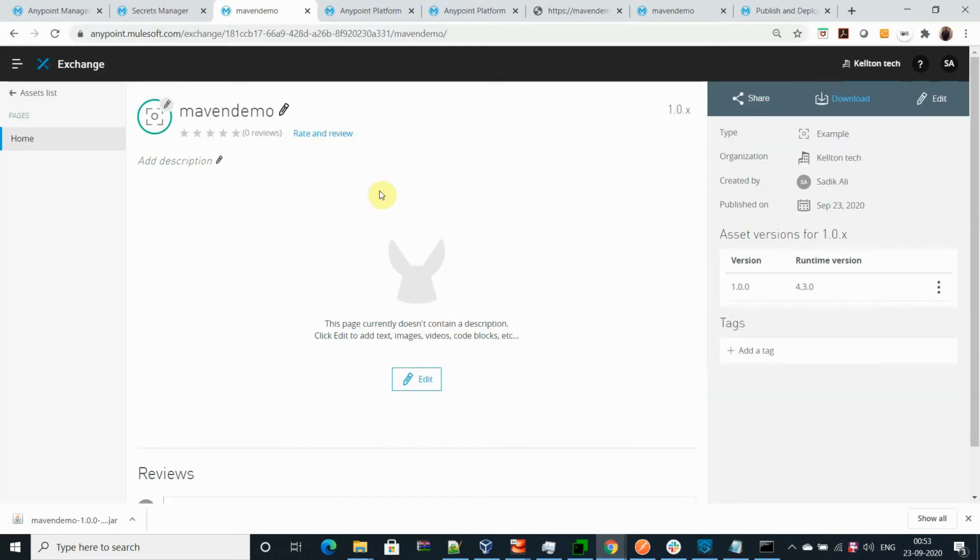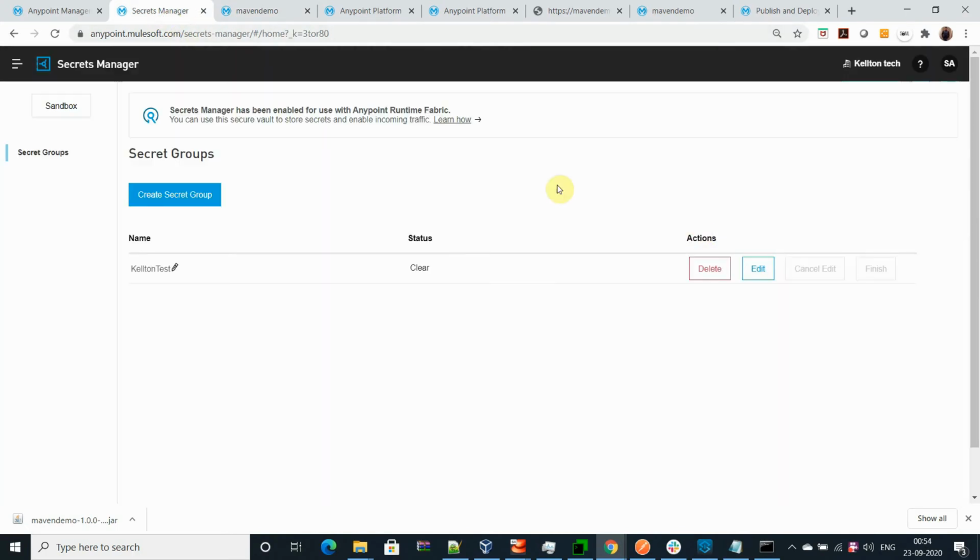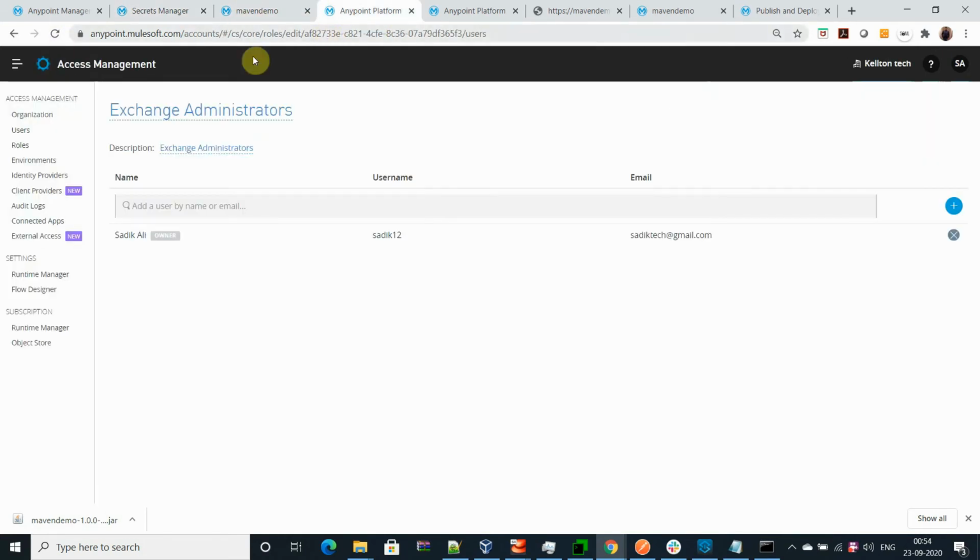This is a very important point, because we have sometimes suffered a lot and were not able to find the solution for almost a couple of days. So I would like to share my experience: whenever you want to give a user the responsibility to deploy applications in Runtime Fabric through Anypoint Platform, he should have full access of actions, like write, read, view, manage application, read application.